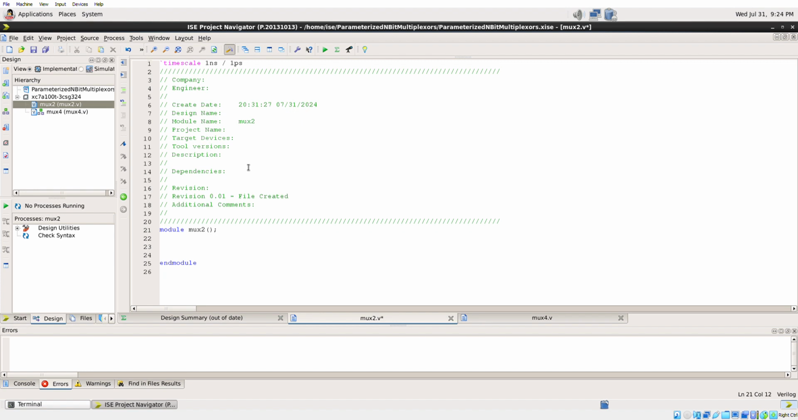I'll be providing a parameter to mux2 in this format: hash, parenthesis, parameter. I'll give it a default width of 8. So by default my input bus will be of 8 bits. So I can use the parameter named width now. I'll add this input, width-1 to 0, width-1 to 0,